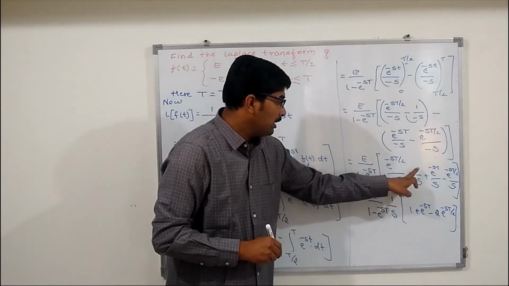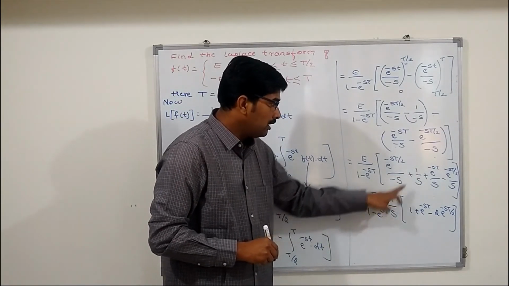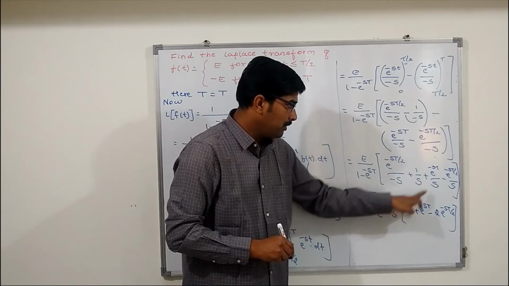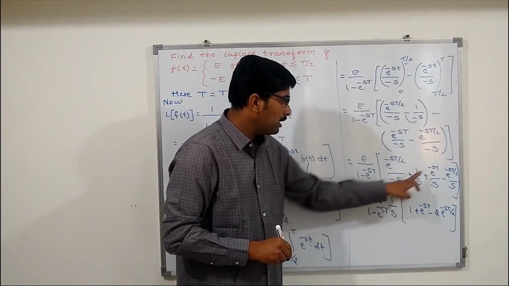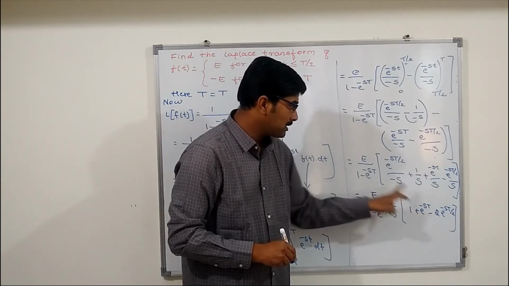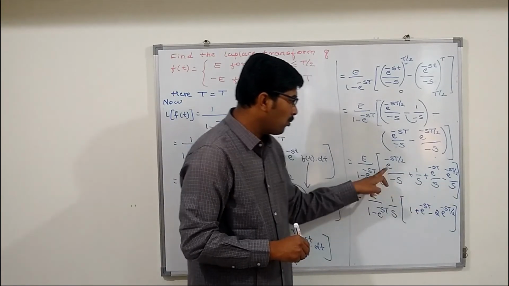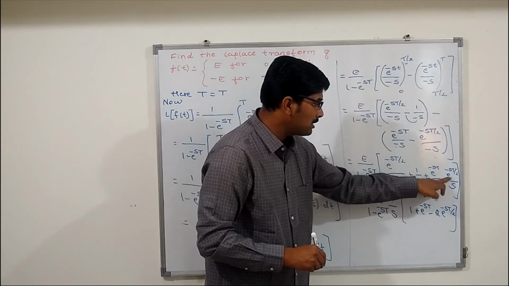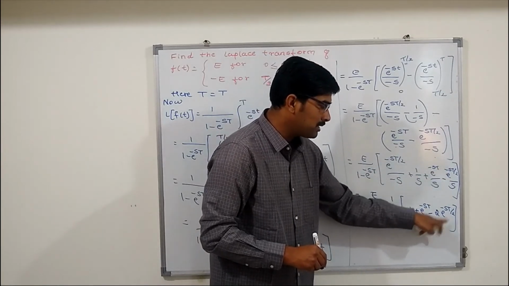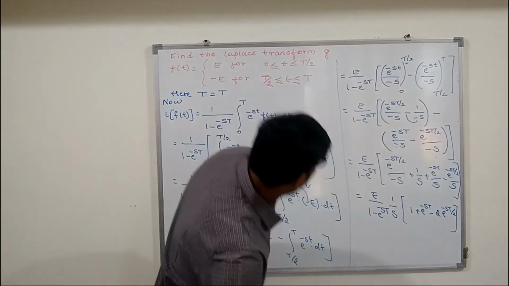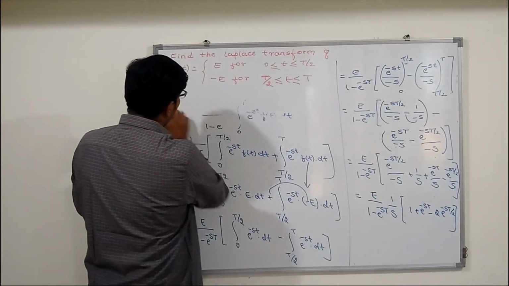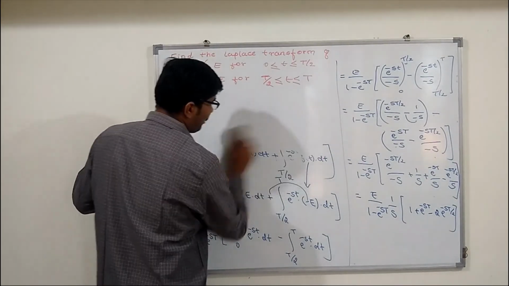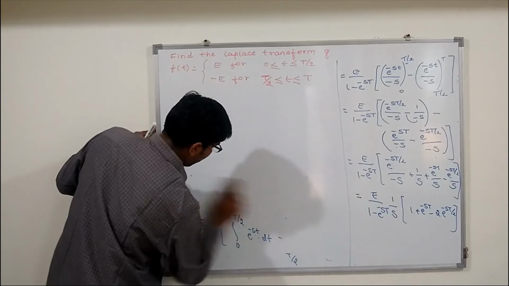So if you take 1 by s common, here we are left with 1, and here we are left with e raised to minus st. From these two terms, if you take 1 by s outside, we are left with minus e raised to minus st by 2 minus e raised to minus st by 2 minus 2 times e raised to minus st divided by 2. Now, if you simplify further, you will get